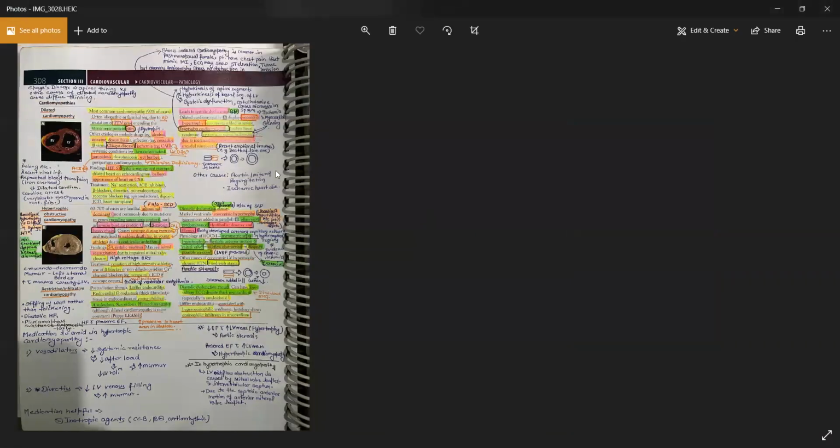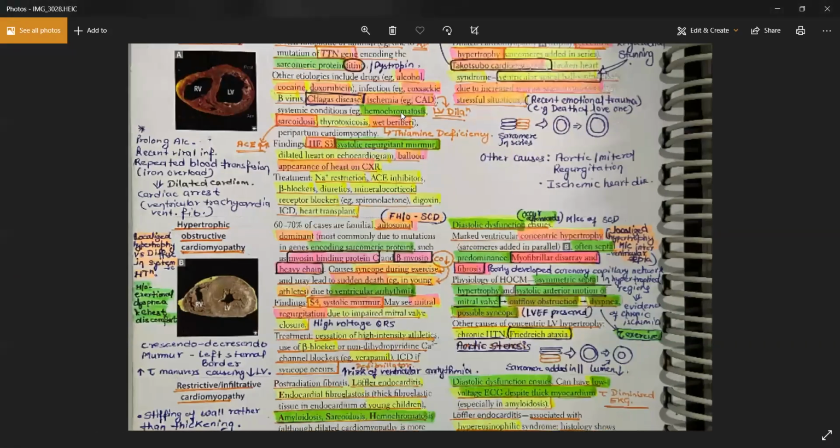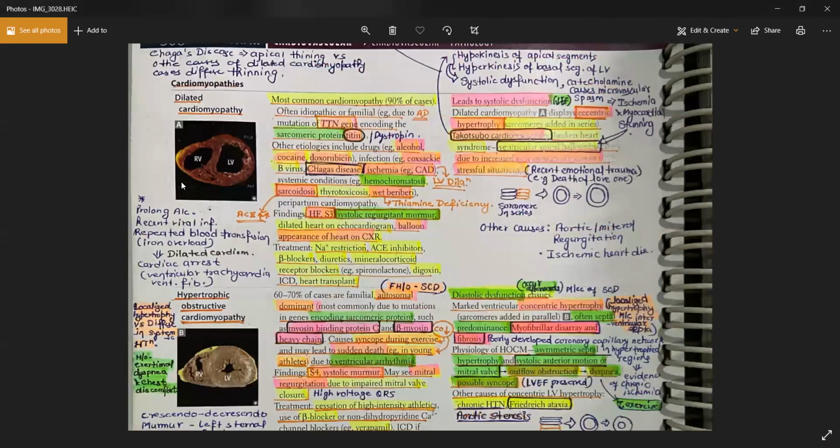We have discussed their causes. We have discussed their effects. We have discussed what's going to happen with the heart. What kind of hypertrophy they will feel, whether it is a concentric hypertrophy or an eccentric hypertrophy. What's going to happen in case of heart failure, whether it is systolic heart failure or diastolic heart